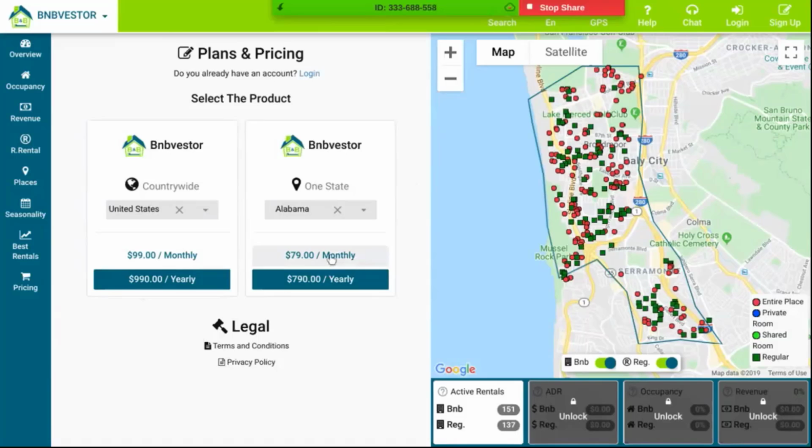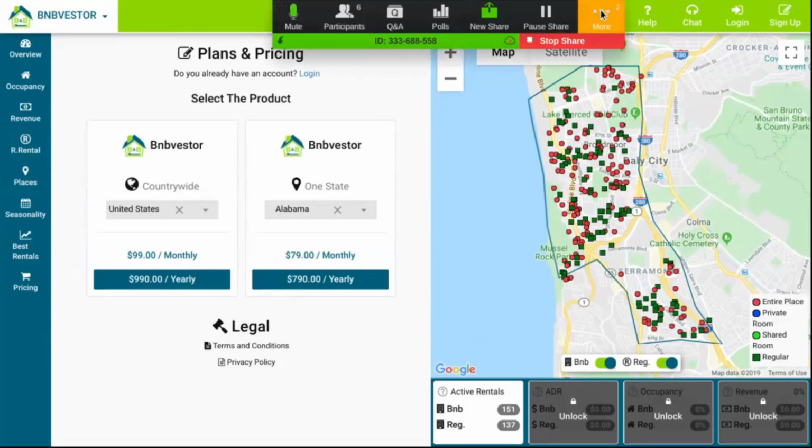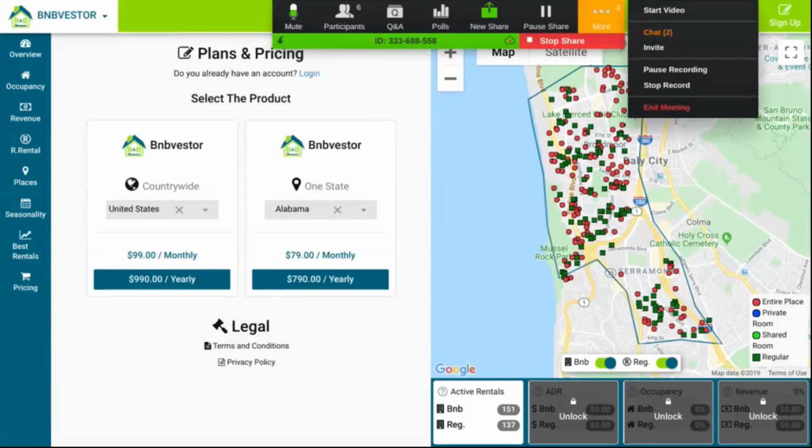But if you want to have it for just one state, it's going to be $790.